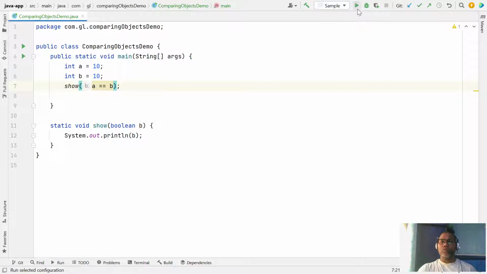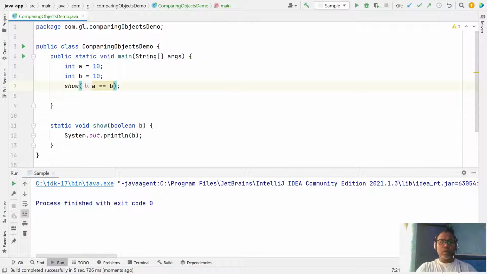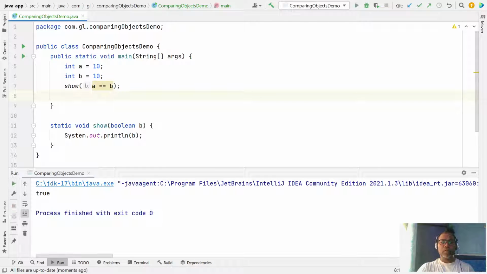So generally this is used to compare values. Let me just run it here. Okay, that's all true.